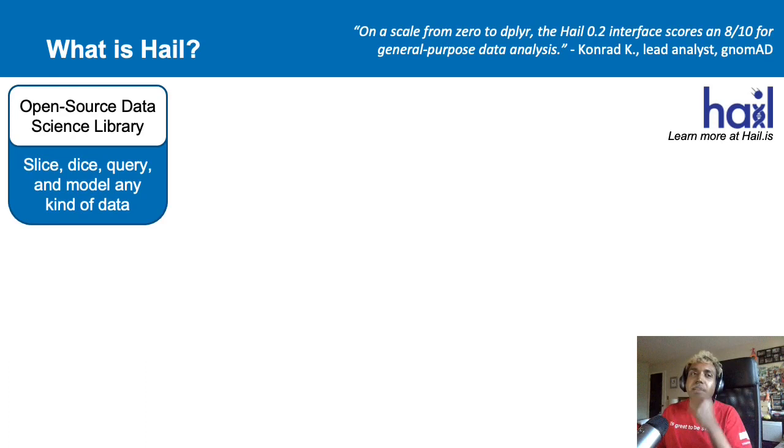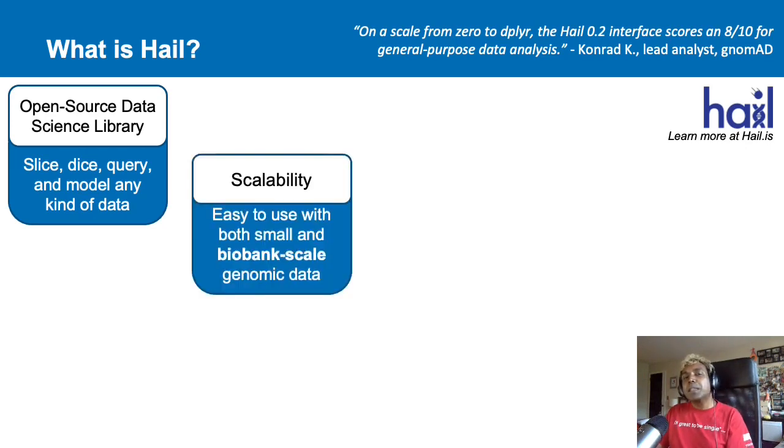So what is HAIL? HAIL is an open source data science library which allows you to slice, dice, query your data, and model any kind of data that you want, specifically in genetics. So if you think of it from the dplyr standpoint, it's more of a dplyr pandas as opposed to a plink, for instance. It's also highly scalable. That makes it really easy to use with both small data, which you can still use Plink for, small scale data which may work really well. But for really large scale data that Plink breaks, this is when you use HAIL for biobank scale genomic data,